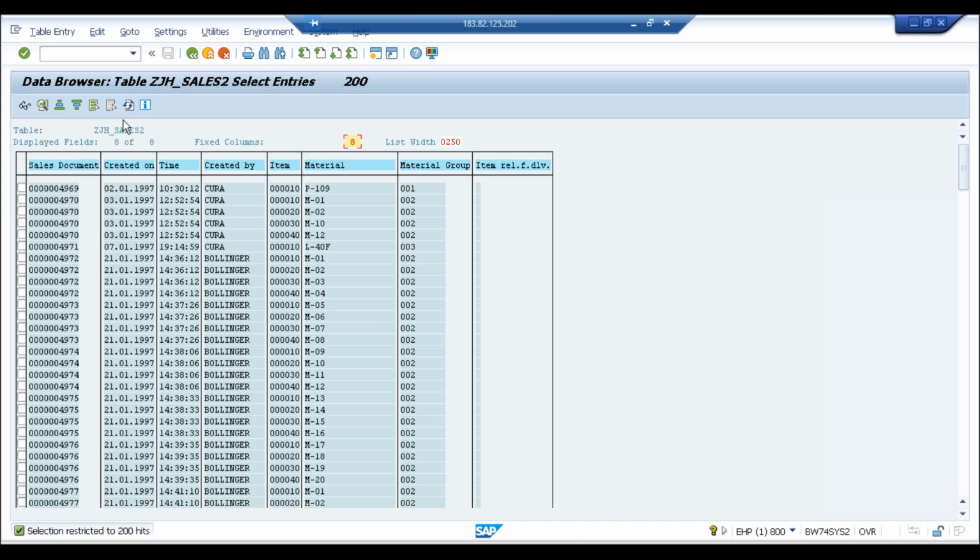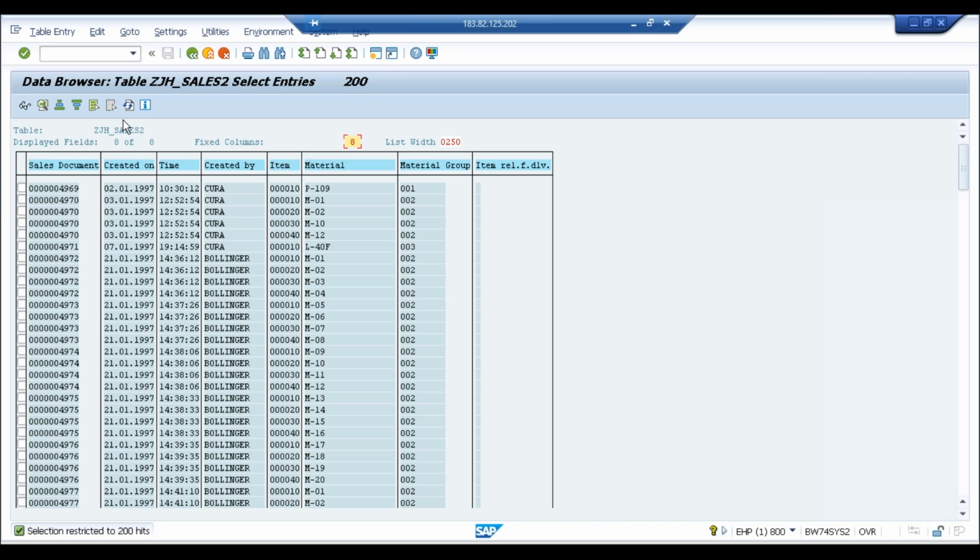If this is required only for a single table or single program, then we'll go for the inner join. Okay. So after creating this view, how will it work? Is it like a report or like a table? It is like a table only. Just like we can see the data in the table, we can see the data in the view.